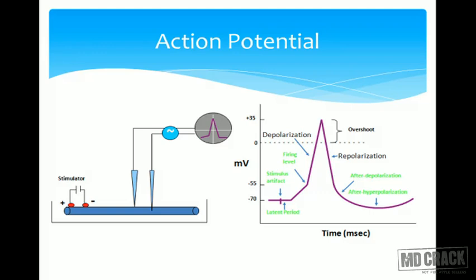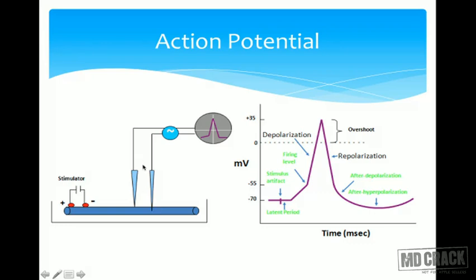Let's try to look at this figure. As we will see here, this is a stimulator which will induce some positive charges in the membrane. The current will flow, and because of this stimulation, the action potential will be generated in this membrane. And this action potential will travel along this cell membrane, and ultimately we have these two recording electrodes. One electrode is placed outside, whereas the other electrode is placed inside.